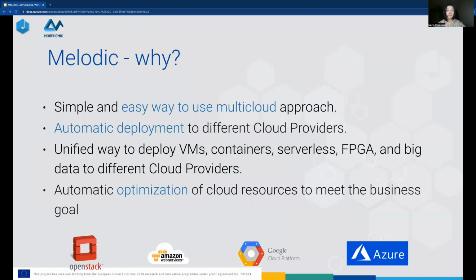Let me tell you some details and important concepts of Melodic. It is a simple and easy way to use the multi-cloud approach. Generally, the optimization of the application is a complex task that is impossible to be handled manually by a human. There are too many offers and possible application configurations. As I mentioned before, Melodic is a management tool that can work as a middleware and support the optimization process